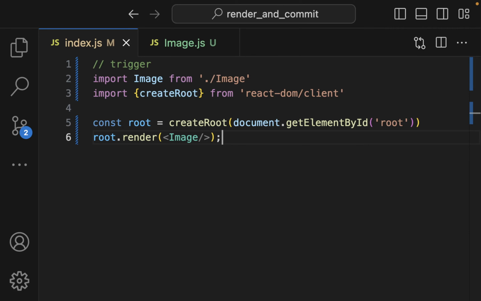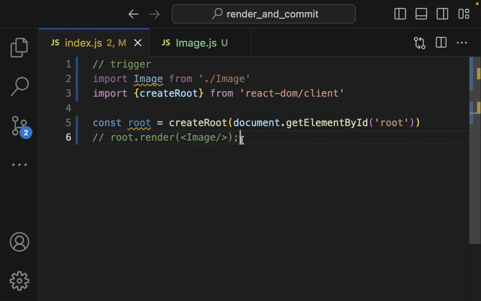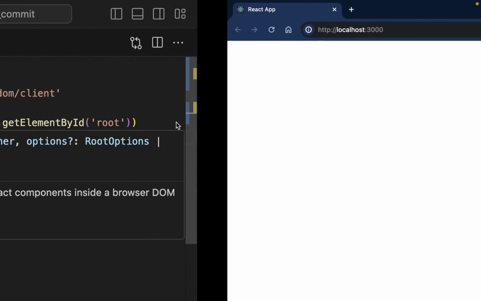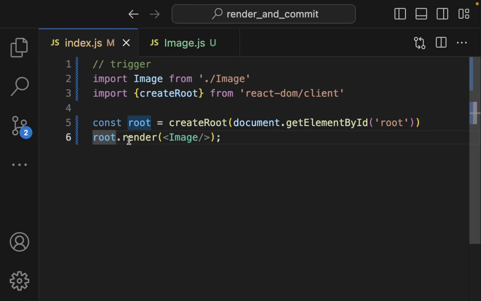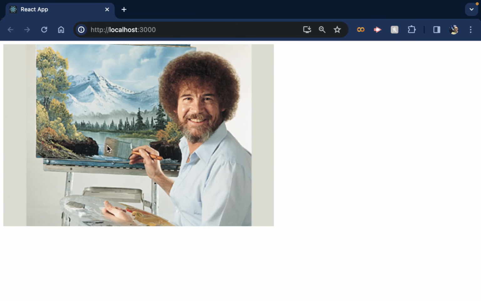Now, what would happen though if we commented out this root.render image? Okay, so let's comment it out. And notice here it's not using either of these things. Let's go back over and notice our render has disappeared. Okay, so if I go back over here and I put it in, oh, there it goes, it pops